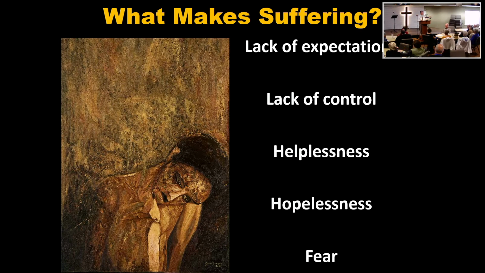So Greer falls on the floor, they take out his appendix, they sew him back up. He goes, oh. I said, Greer, in 24 hours the pain will be gone. What does Greer do? He develops a coping strategy. I'll get through the next 24 hours. But if I don't tell him, he's just laying on the floor here in pain. So that's the first thing, lack of expectations. Then there's lack of control.